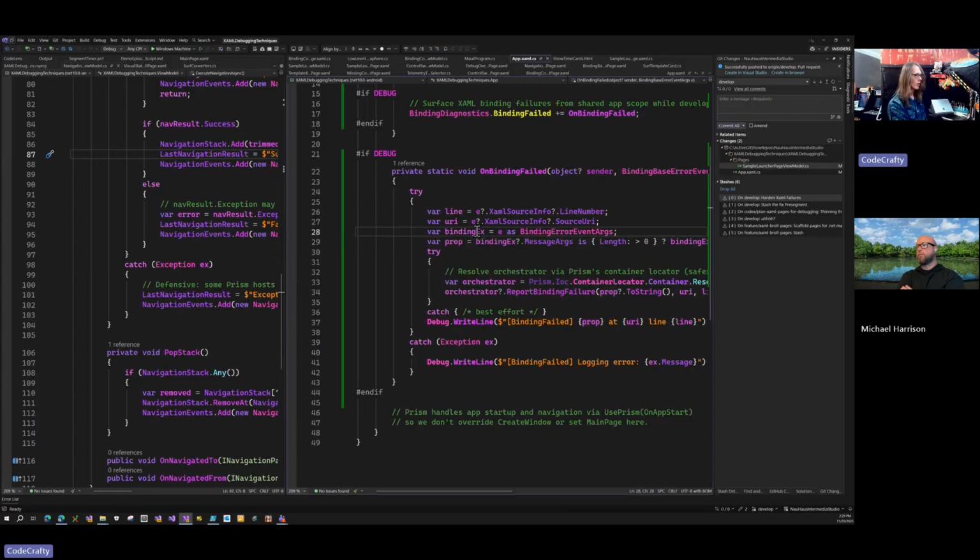The main thing is, though, that you get to see the line and the page and the property that was blowing up for you before it gets out and causes more havoc. So it's maybe not 100% reliable. I mean, it's not going to catch every type of failure, but it's definitely going to clean up most of the ones that are, I don't know, like you've blown